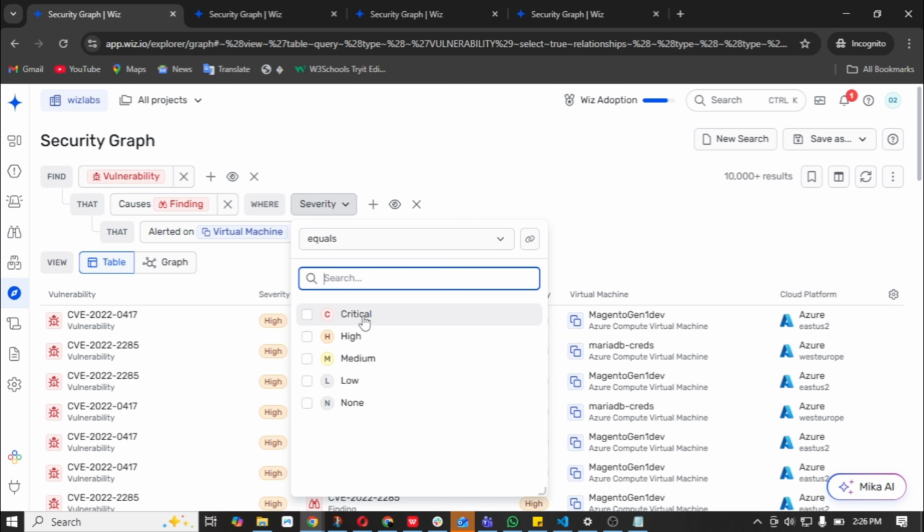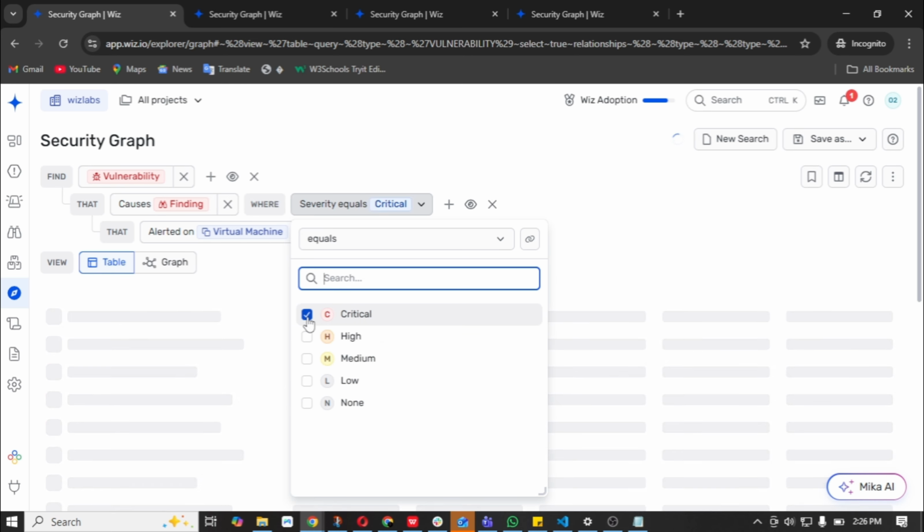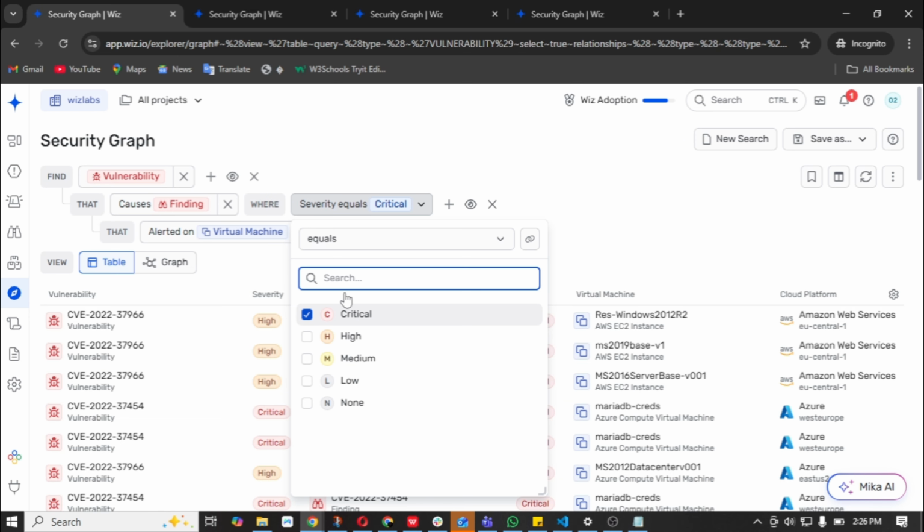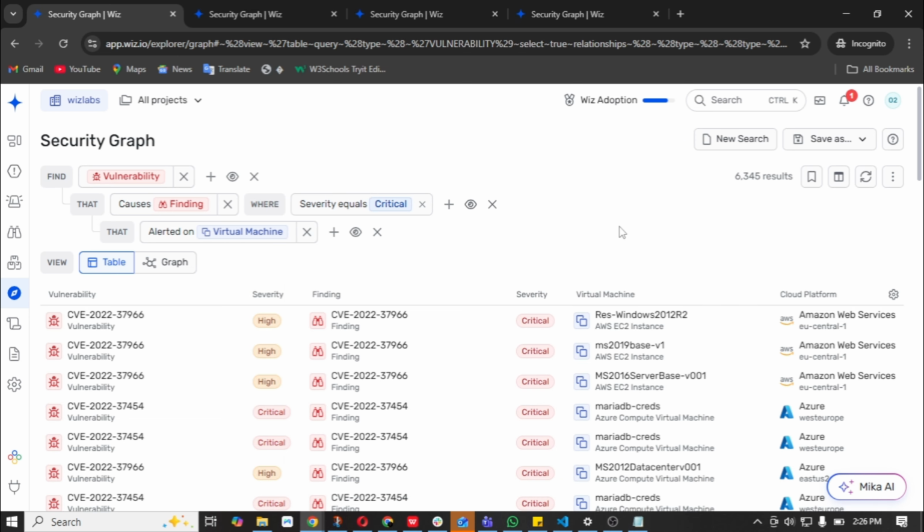The severity can be equal to any of these, but let's just do critical, since critical is what we're used to. So remember how we did this. It was initially virtual machine as a root criterion, but now it isn't. Vulnerability is now the root criterion. And we added another filter to make sure that the findings are critical. And we can see that the search results dropped from 10,000 plus to about